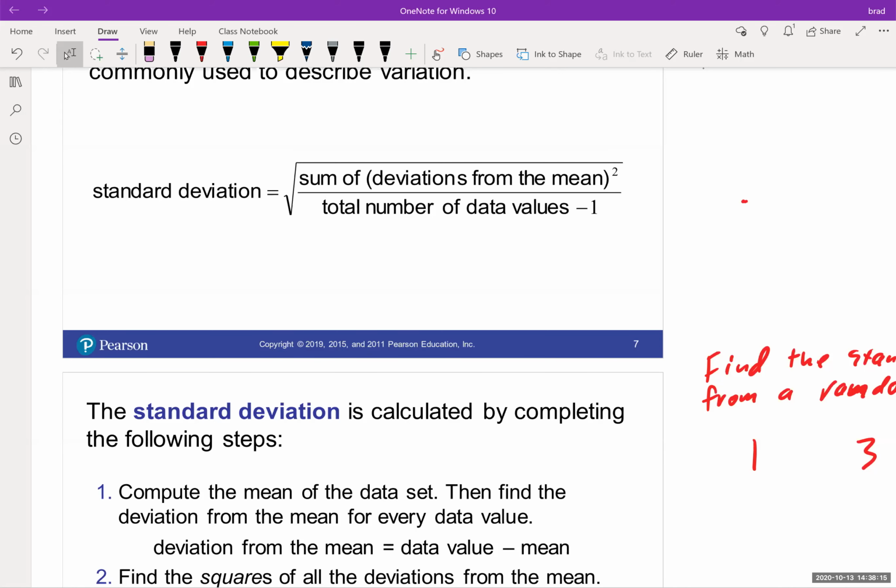I have a dictionary definition of standard deviation. I'm trying to explain it in not super technical terms, but I think this is the best way to go from here. Standard deviation is a measure